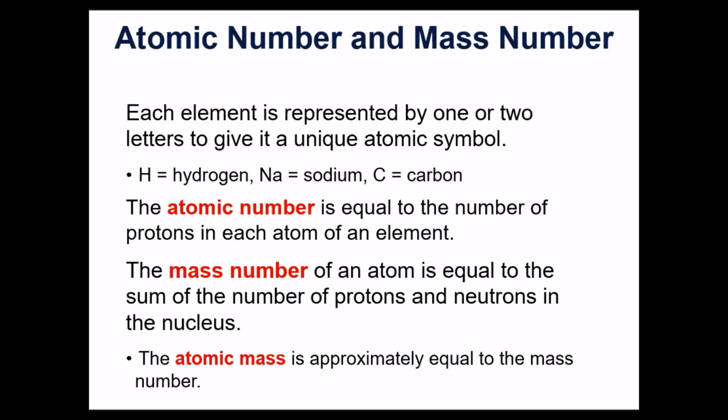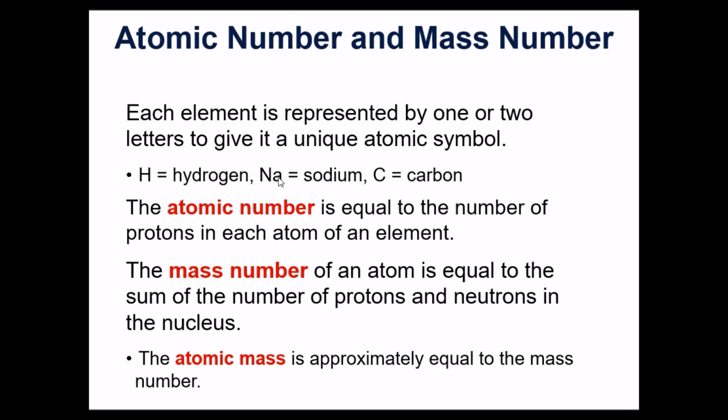A couple of terms here that you need to know. The atomic symbol is just the letter that represents the name of the element that you'll see on the periodic table. If you're making notations for hydrogen, you would use the letter H. And most everybody's familiar with H2O as water, which has 2 atoms of hydrogen and 1 atom of oxygen. But H is hydrogen.